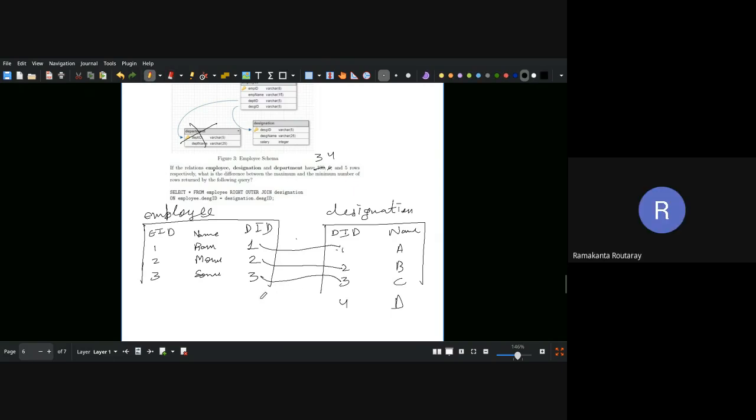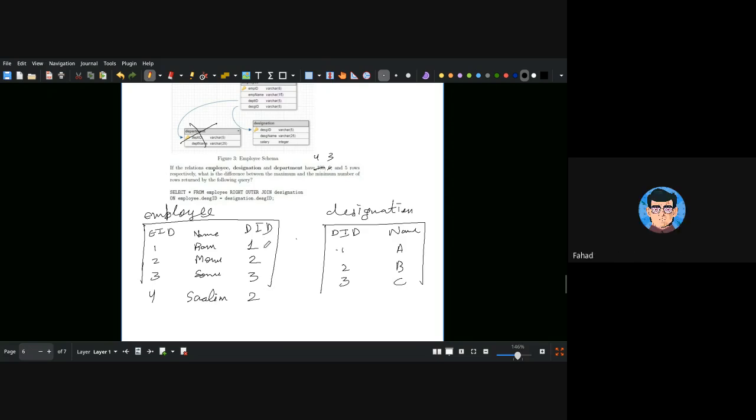Okay, correct. But you cannot have the reverse. You cannot have 4 here in the foreign key without having 4 in the primary key. So you are right, but the conditions are reversed. If I assume this condition, we have 4 employees and 3 designations. Let's say we have one more employee 4, Alim, and just like you said, I cannot have 4 here because 4 is not there. So I can choose either 1, 2, or 3. So I'm choosing 2. Can you tell me how many rows will be there in the output this time?